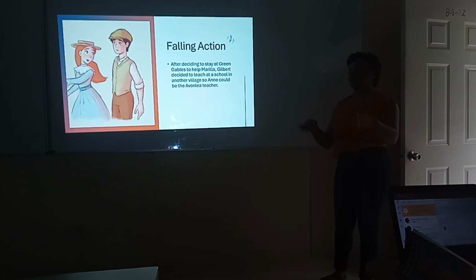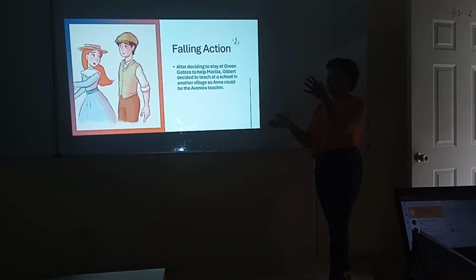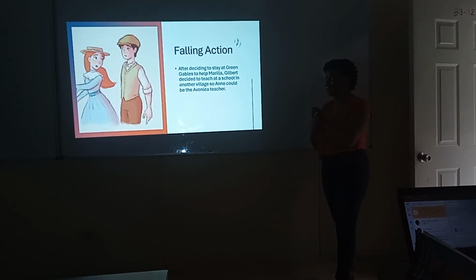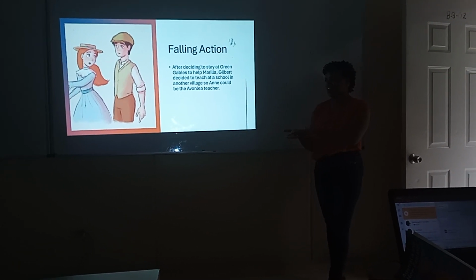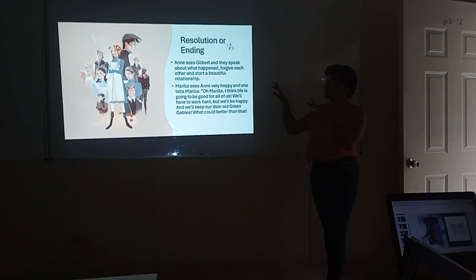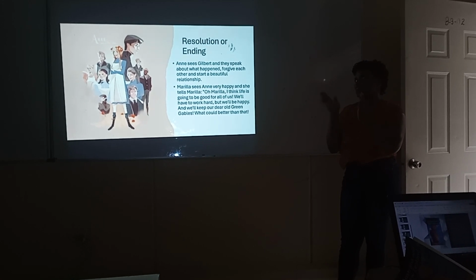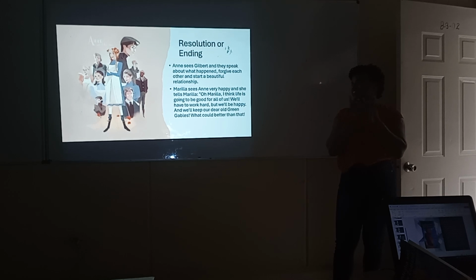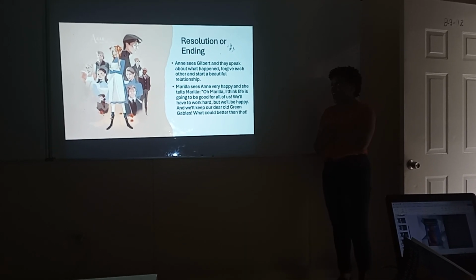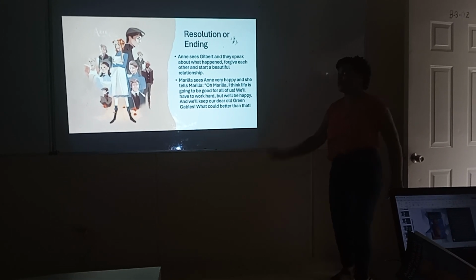Gilbert decided to go and teach in another village so Anne can teach in Avonlea. And this action is the beginning of the end, because Anne can teach in Avonlea and then it leads to the resolution or ending, when Anne finally forgives Gilbert Blythe and they seem to be very close. That's why Marilla sees Anne very happy, and that's the moment of the final phrase of the book, in which Anne